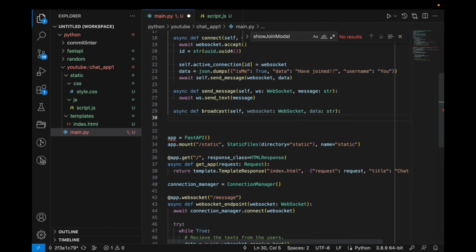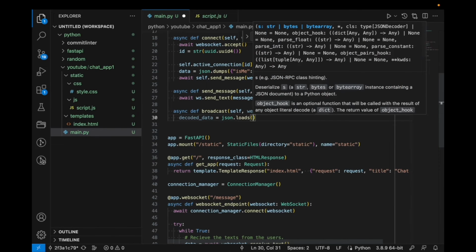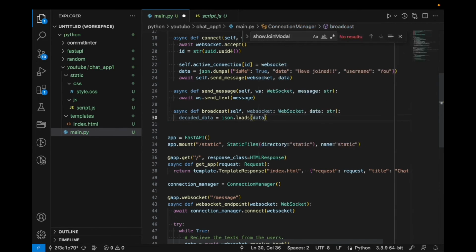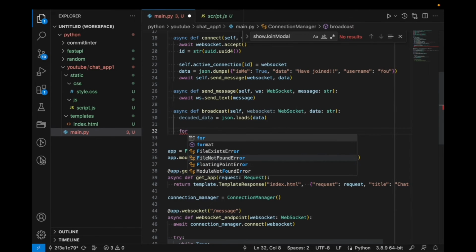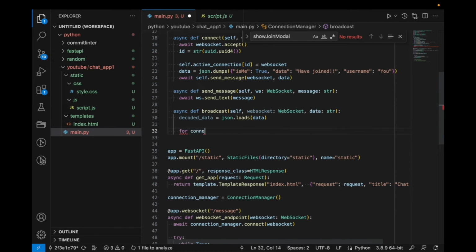Then we are going to have the decoded data: json.loads to decode whatever data we are receiving. Now we are going to iterate over all the connections, because we want to send to all the users involved in that message,